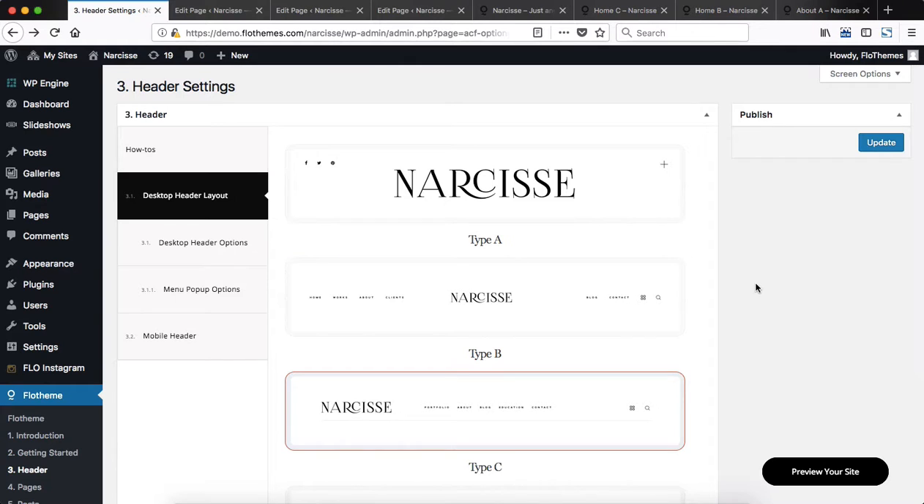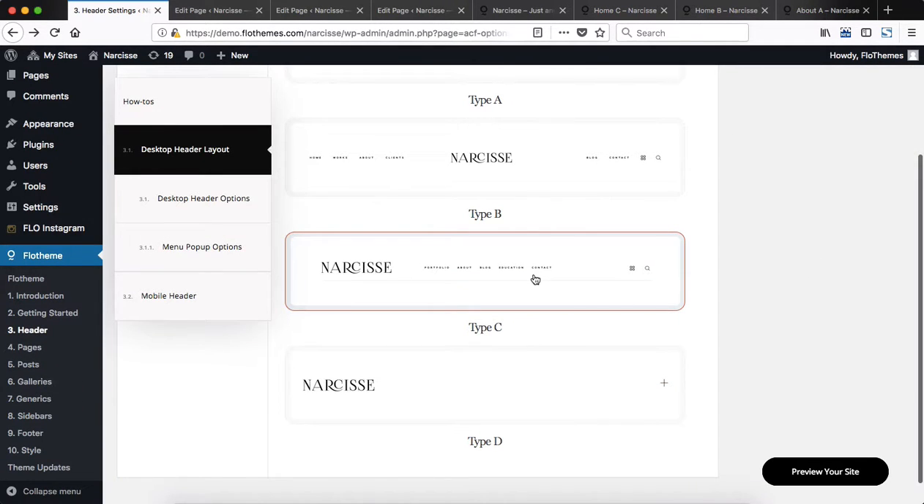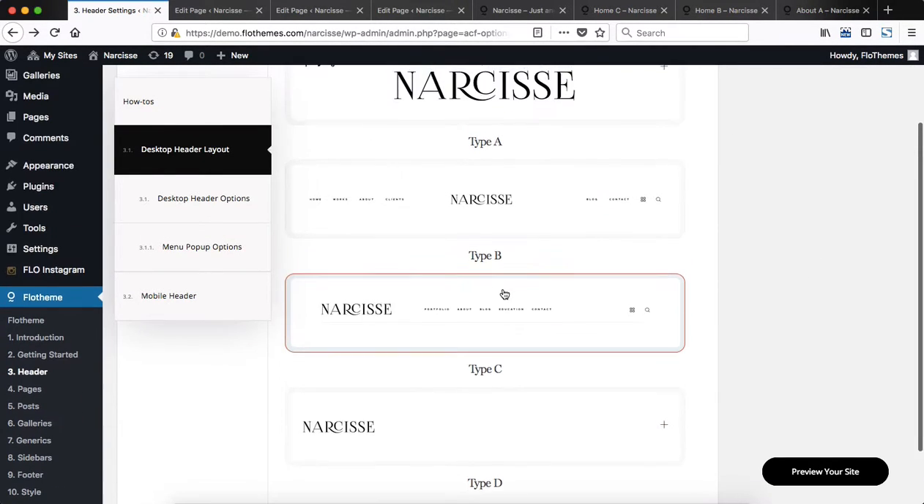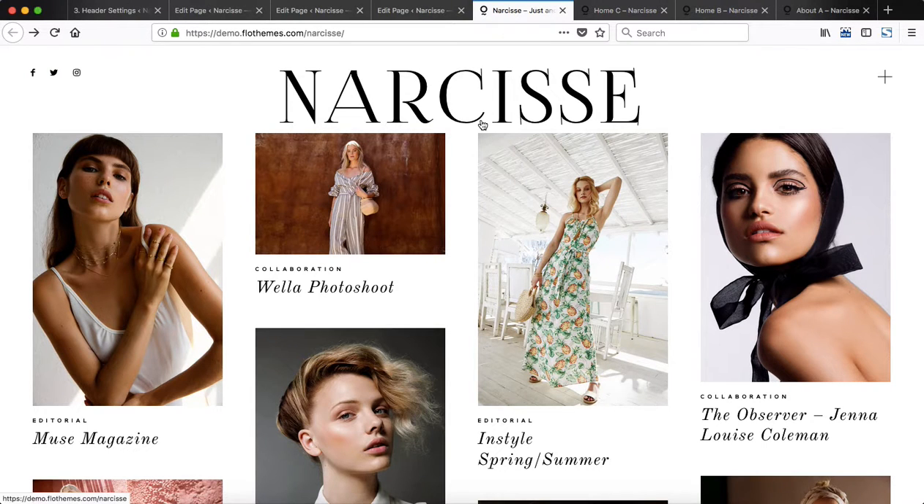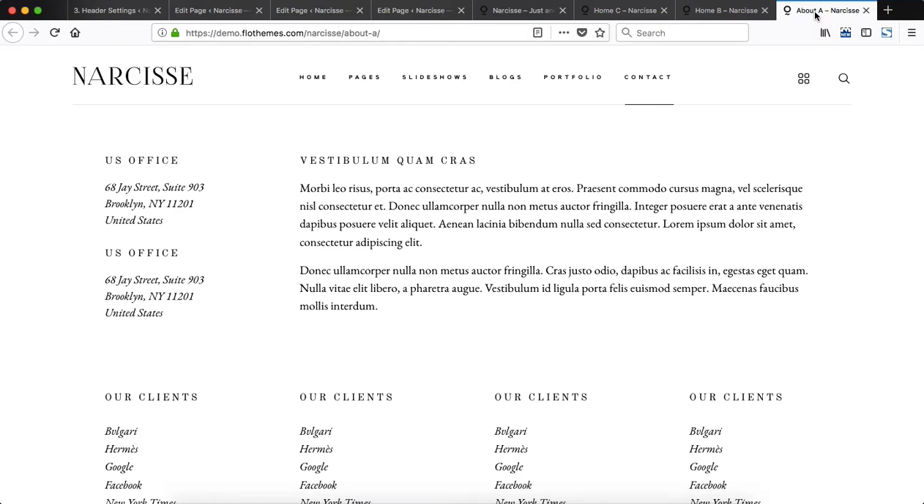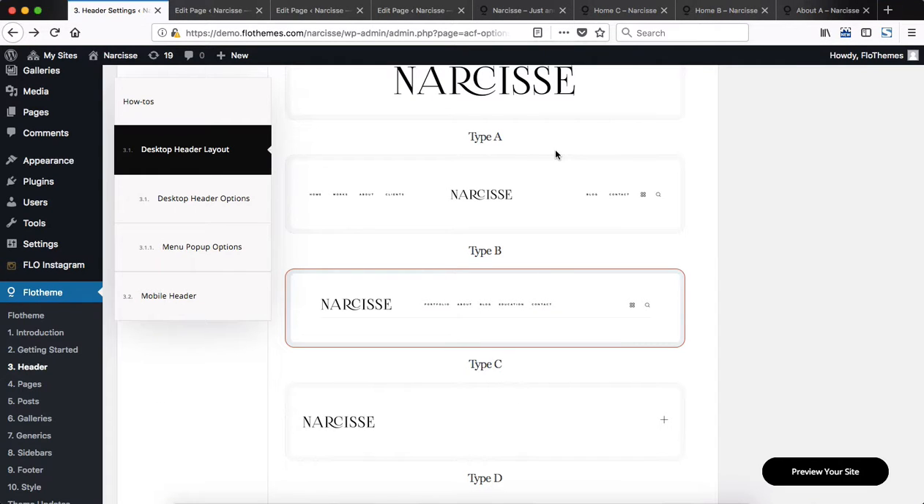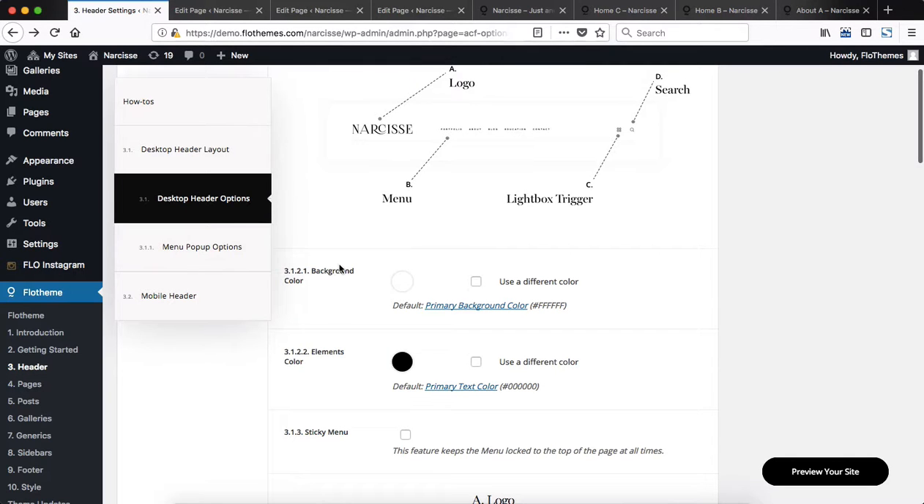Now one thing that I want to mention is that you can see we have type C selected. However, if we take a look at our home page, you can see that we have a completely different header layout from what we have within our About page. So this is due to the option of us selecting a custom header, and we'll cover that in a different video. So heading back over to our backend over here, we'll go on over to the desktop header options